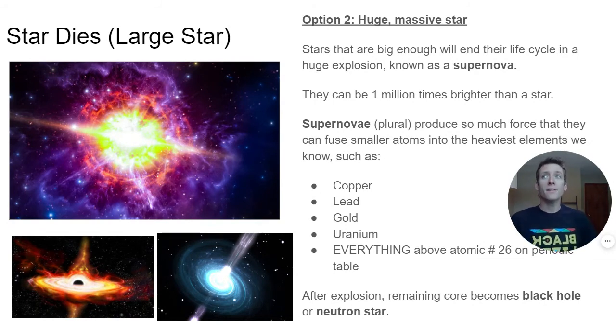So for metals like uranium to be on Earth right now, they must have gone through the life cycle of a supermassive huge star, died, and all that stuff is just shot out into the universe in every direction. Some of that stuff starts to clump together because of the force of gravity, and it ends up on asteroids, and it makes its way to planets and solar systems in that way. Some of that stuff is just floating around out there, and it starts to clump together because of gravity, and it forms a planet like Earth. So the metals on our planet, like uranium, plutonium, those heavy metals, were all formed in a star explosion, a supernova.